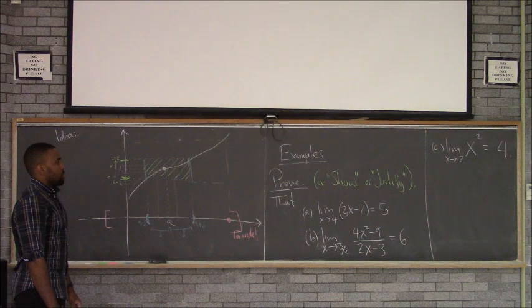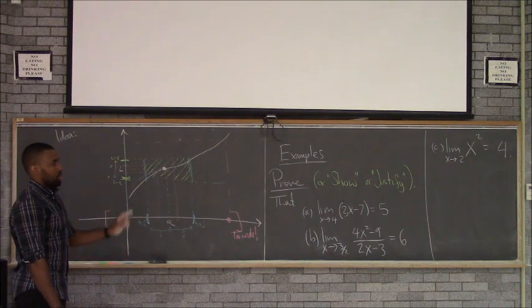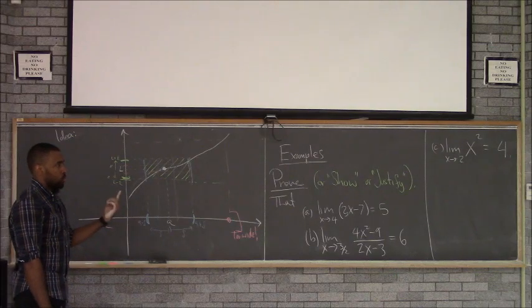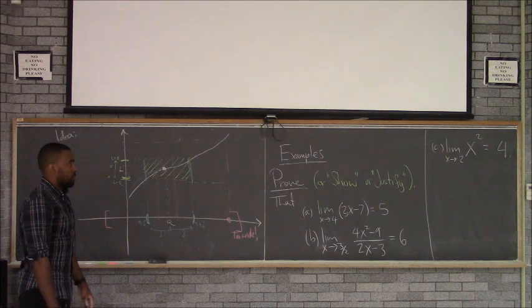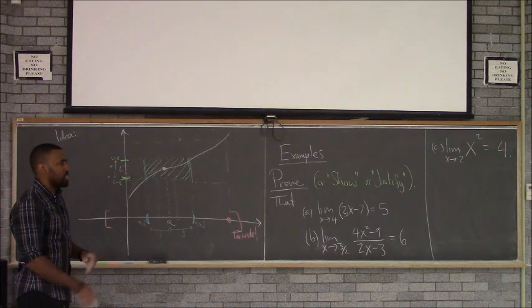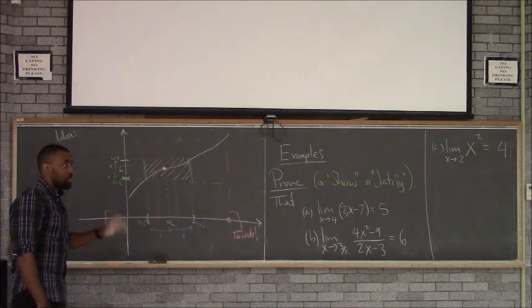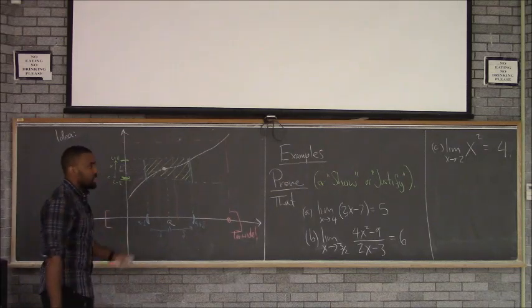So what we will do is I'll do A, and we'll stop. I'll have you try B on your own for Wednesday, and then we'll do C together on Wednesday. And after that, we'll wrap up all the limit section. I'll tell you a few more facts here and there. In 15, 20 minutes, we'll be wrapped up with this kind of stuff, and then we'll move on to bigger, better things.